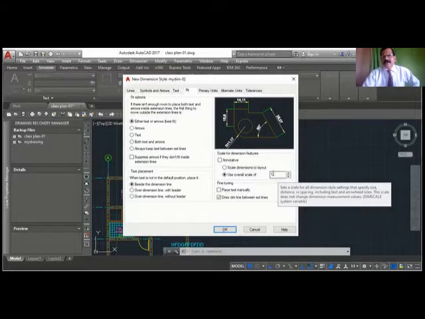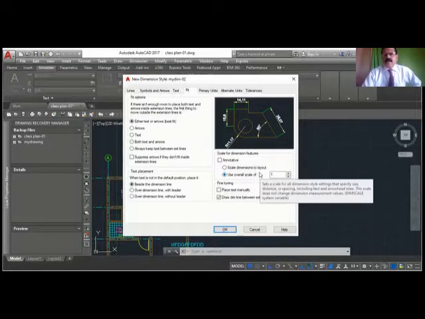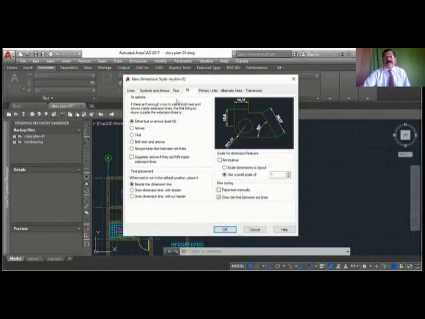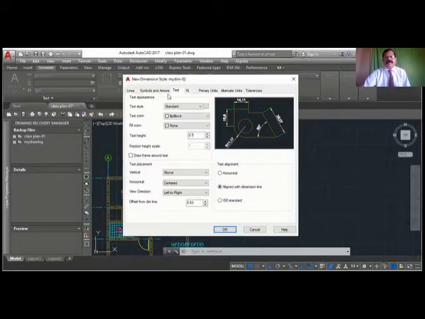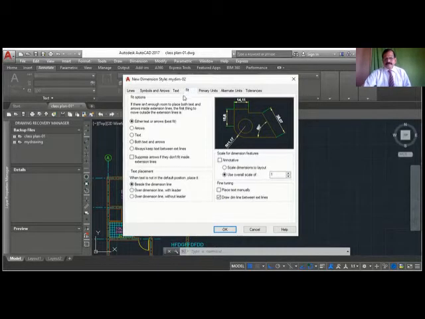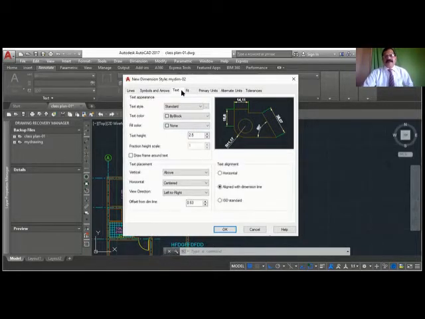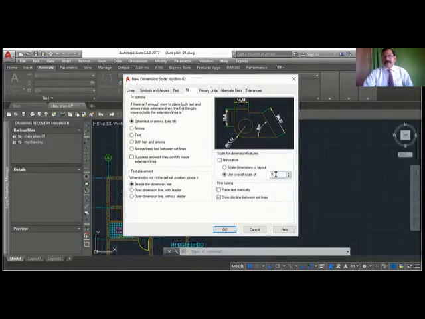So the scale is the text height you want divided by the text height given in the text tab. Usually the text height you want is about 200 or 250, that is the text height you are using. So the text height you want, 250, divided by this value, 2.5, you will get 100. So that 100 you have to type here. If it is 200, 200 divided by 2.5, it will be 80. So that scale you have to give here.